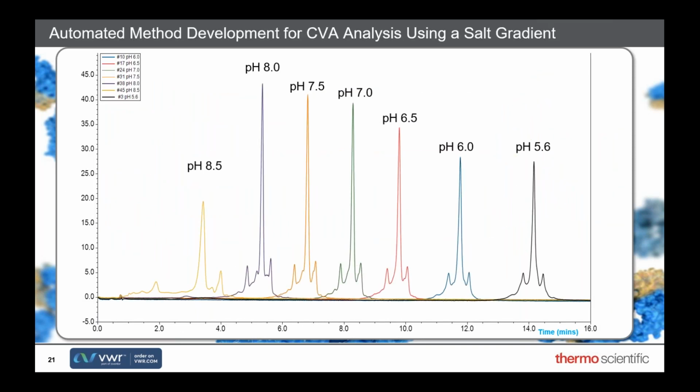And using that universal element system we described, you can prepare methods using and changing the ratios of C and D to change the pH of each run. And here you can see traces taken with a variety of different pH values. And for this particular monoclonal antibody, pH 8 seems to give the best resolution of the variants present in the sample. An optimization of the salt gradient can then similarly be done automatically